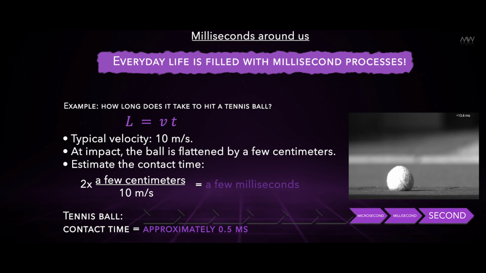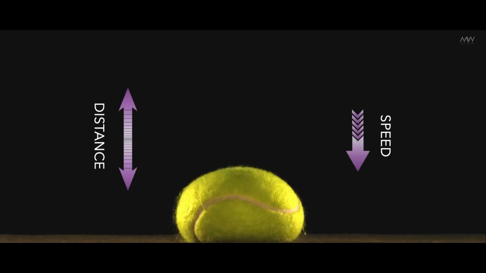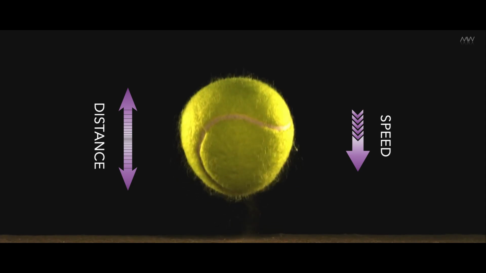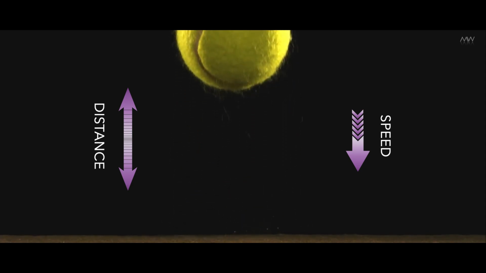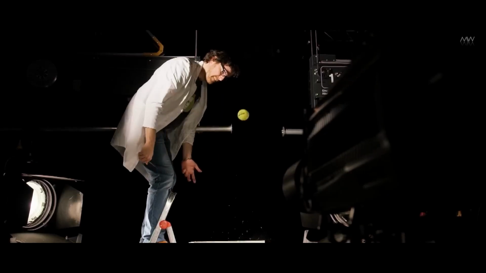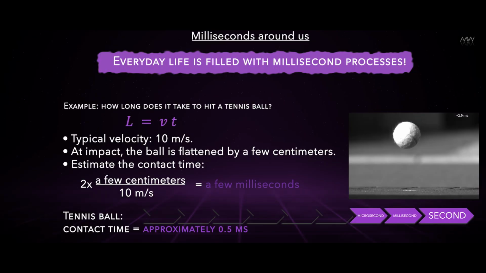Here's the funny thing: you don't actually need to be a physicist or a technician to calculate this. You can estimate by a single formula, a very simple formula that you know very well. It's the formula for uniform motion. Speed times time yields distance. If you know the distance and you know the speed for some reason, you divide the distance by the speed, you get the time. And that's almost always enough. The process itself can be very complicated, but we don't need to calculate it honestly. We only need to get a sense of the scale of the times, and that formula is usually enough.